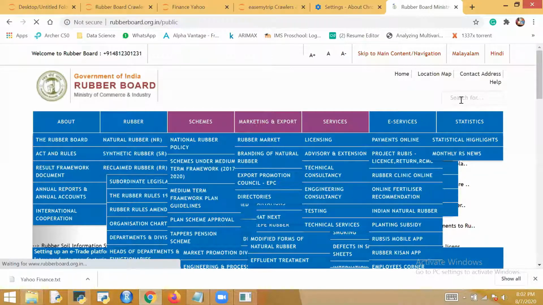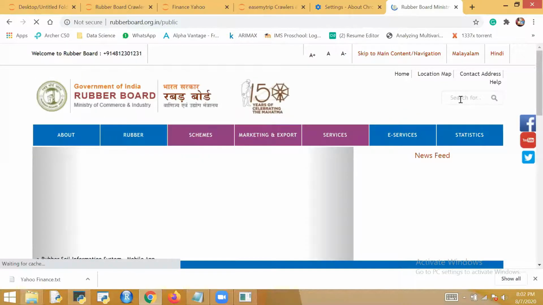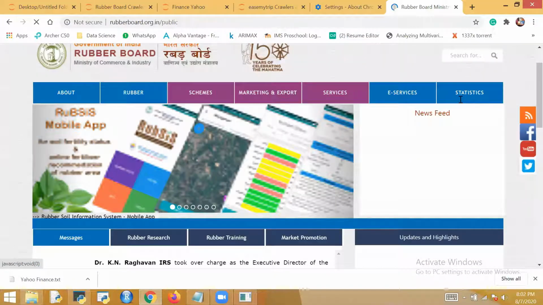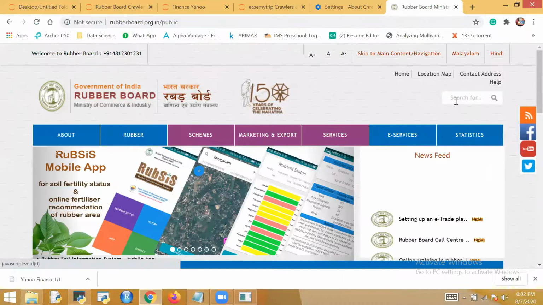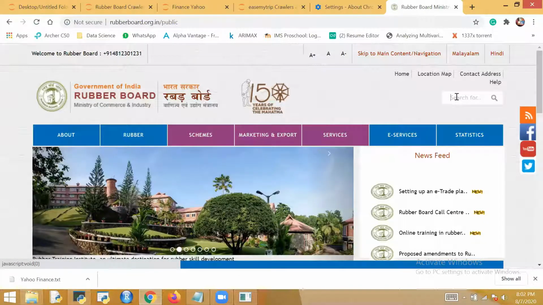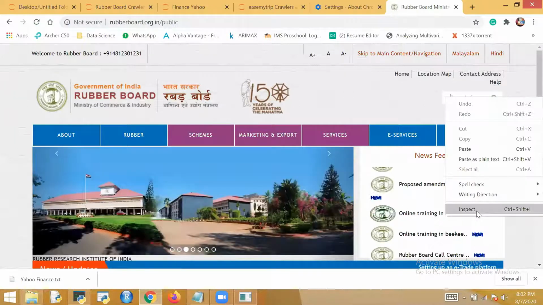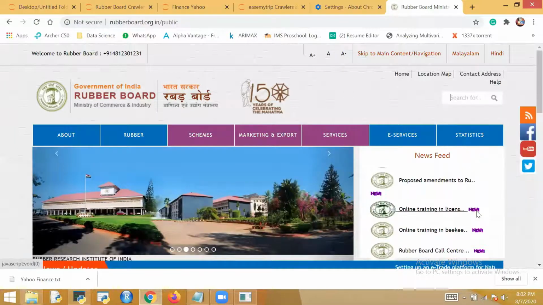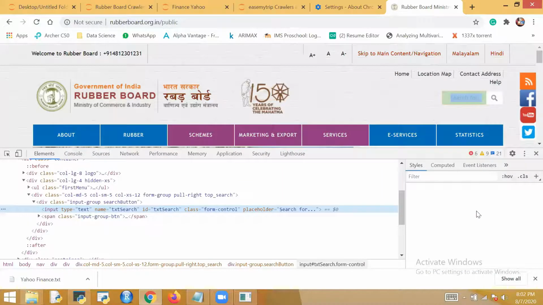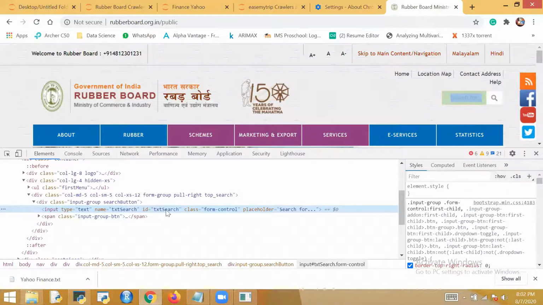Suppose here it is a search button. Now you want to locate where it is located in my HTML document. So just click on it, right click, inspect element. If it is not locating at once, you click again and do it twice, inspect element, then it will highlight where it is.